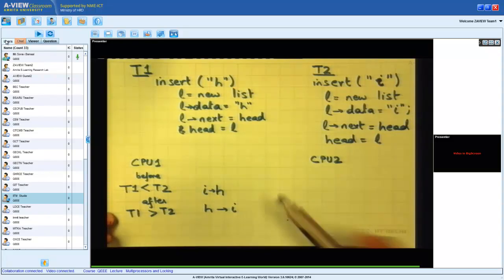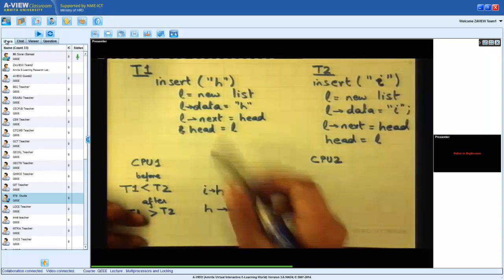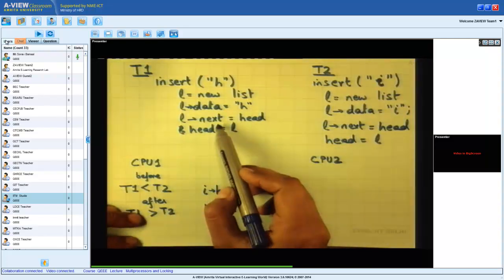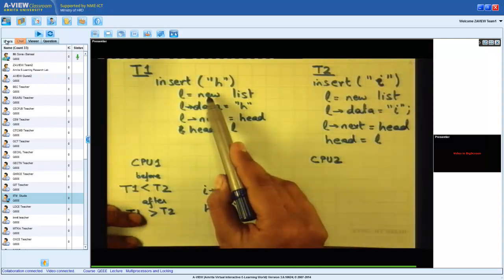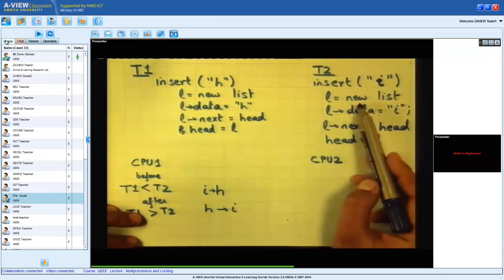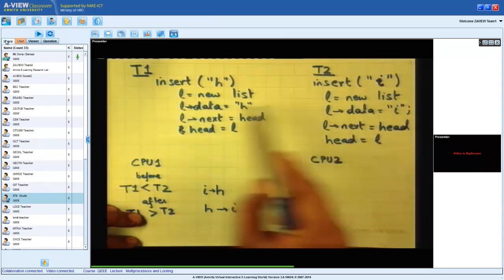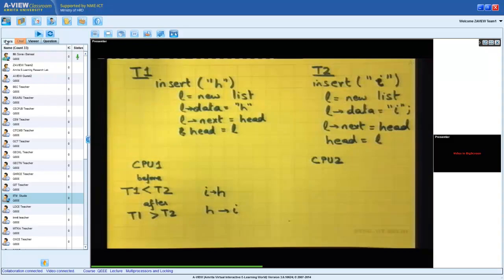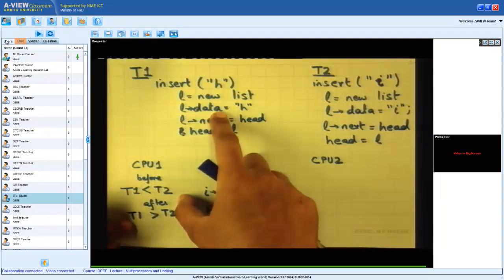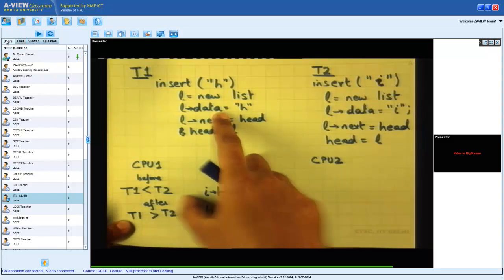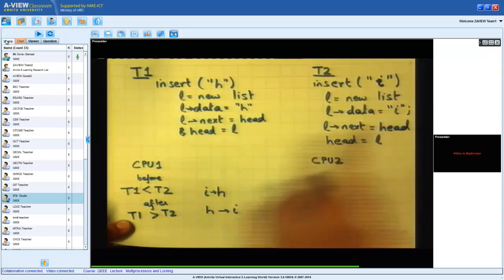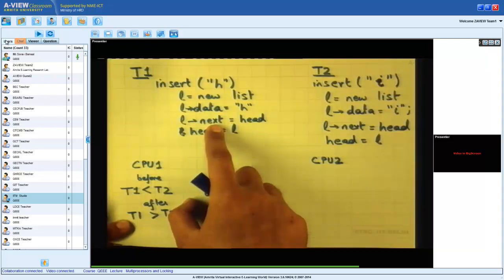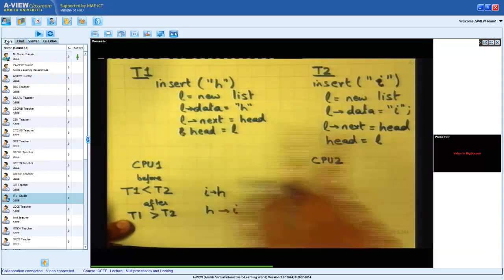But what happens if they start executing at the same time, and this guy says new, he also says new, but they get different elements. One of them gets one element, the other gets another element. He puts H in its own element, he puts I in its own element. He makes next point to head, he makes next point to head.